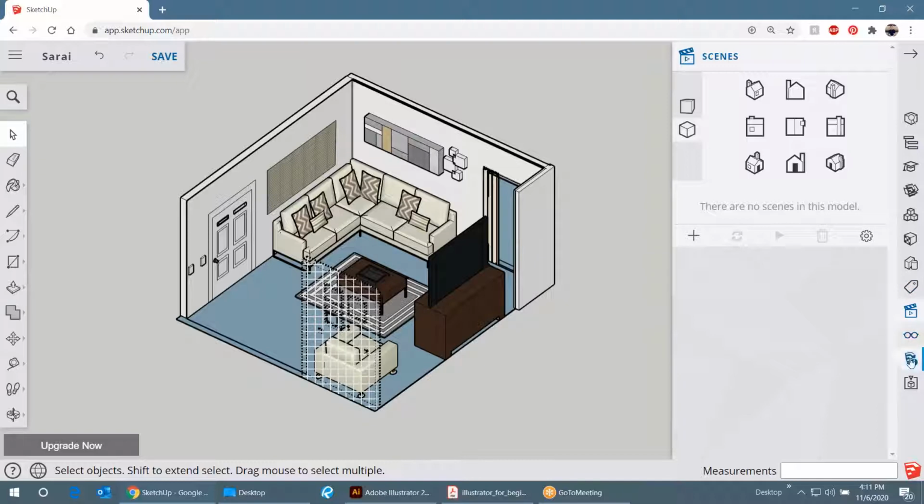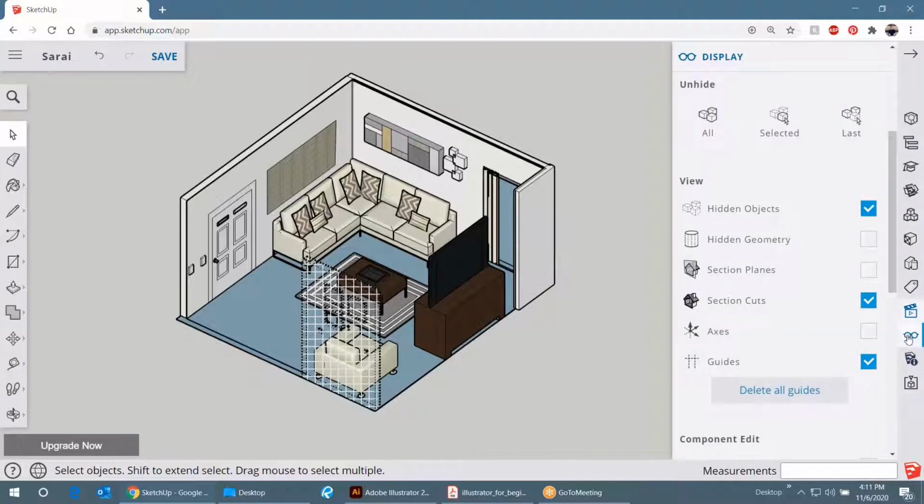So we're going to go into the styles, actually into this little glass icon, which I think is called visibility or something like that, display. And we're going to tell it to not view hidden objects. So we're going to uncheck that. See? So now you don't see it. If you want to turn it back on, you can turn it back on later. This is useful for when you hide a lot of things and you forget what you hid. You can just click this, and again it'll show you all the hidden objects, kind of like in